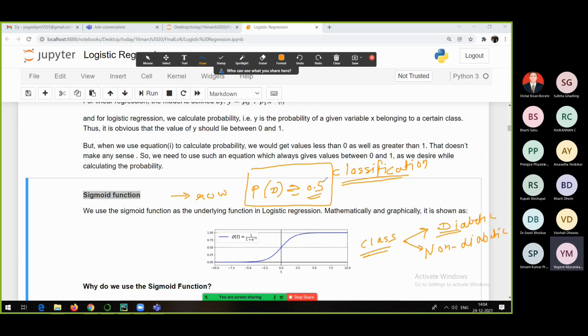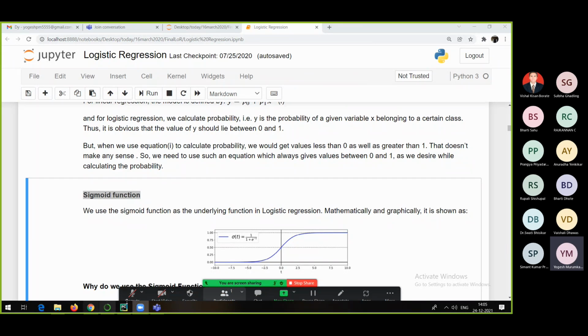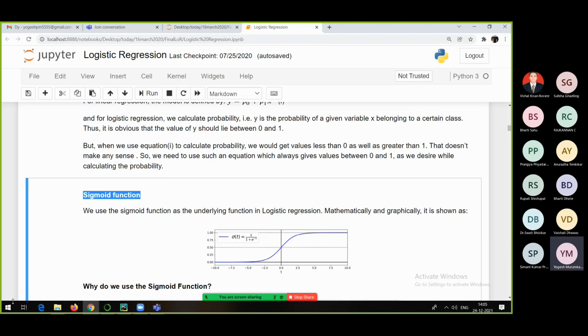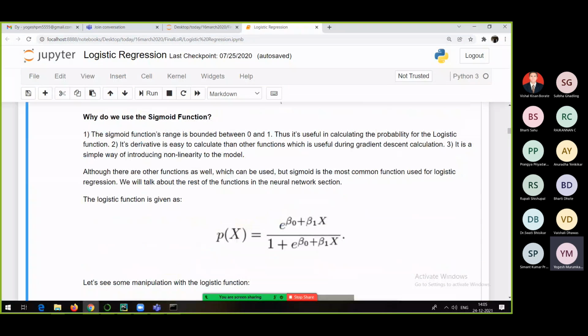Now the question is how to decide this value 0.5. Is it 0.5 or something else? That is nothing but the threshold value. So how to decide about the threshold value? For that, one example is given. I don't know how many people remember, but there is one example given just to decide which value of the threshold should be chosen. Remember I have shown you the example of obesity, right? Something like this.